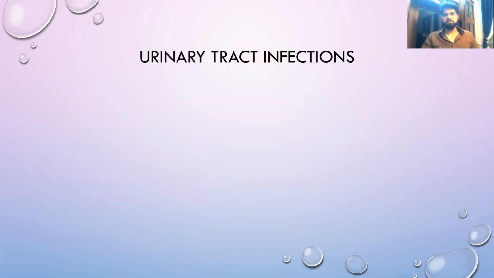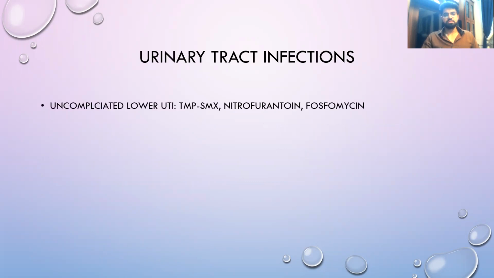Next one is urinary tract infections. Okay, so groups of infections again. You can have lower UTIs, you can have upper UTIs. In lower UTIs, we have got two categories, uncomplicated and complicated. So when we talk about uncomplicated infections, we talk about three drugs primarily being preferred: trimethoprim-sulfamethoxazole, nitrofurantoin, and fosfomycin. Among these drugs,